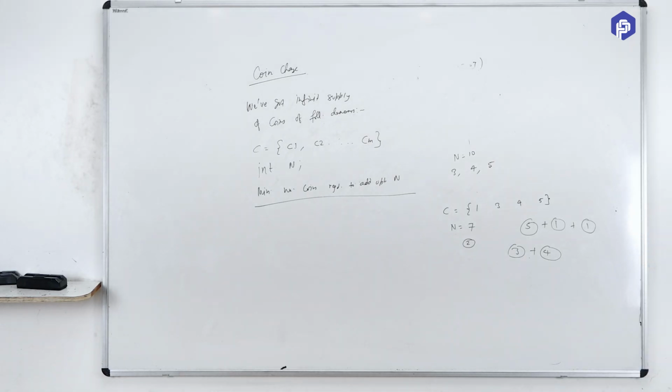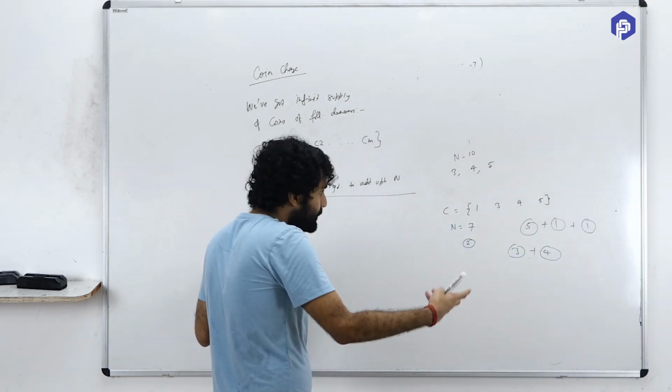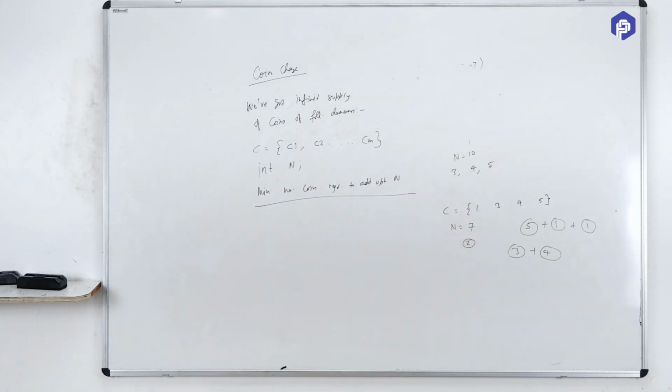But the only point is that if your denominations vary, it will not work. But for a fixed denomination, for certain kinds of denominations, the greedy approach might work. DP will obviously always work, right? Because in DP you explore all the possibilities, and out of all those possibilities you pick the best one. That is the good thing about DP. So if your constraints are such that you can explore all the possibilities by memoizing them, then DP is always going to give you the best solution, because DP is brute force. DP is brute force recursion and nothing else.